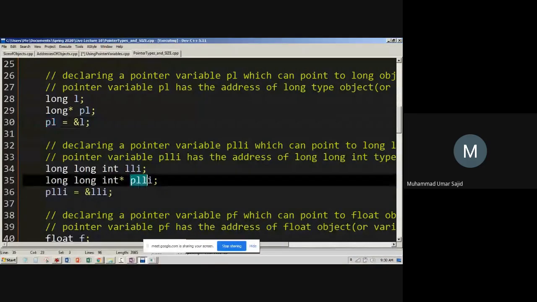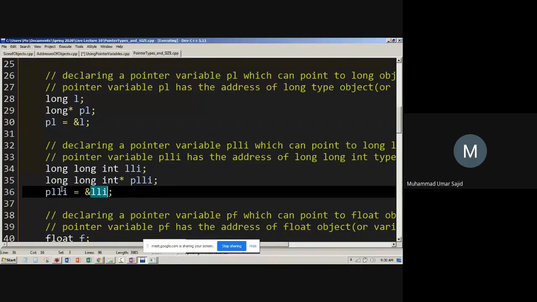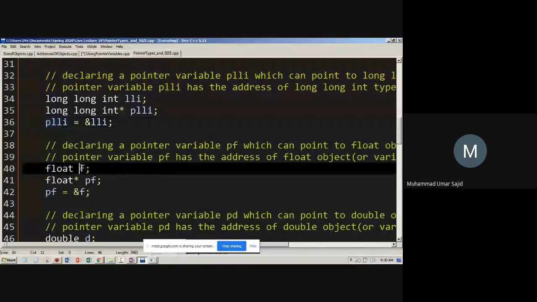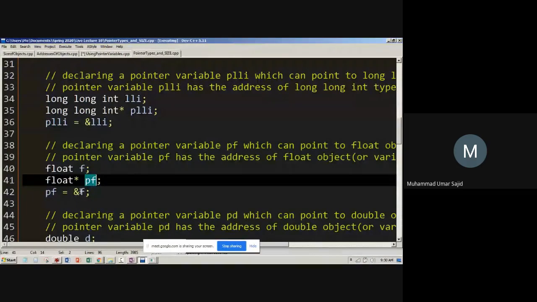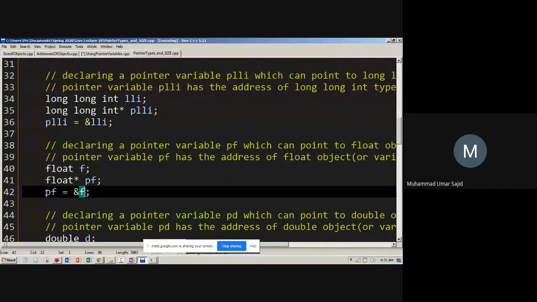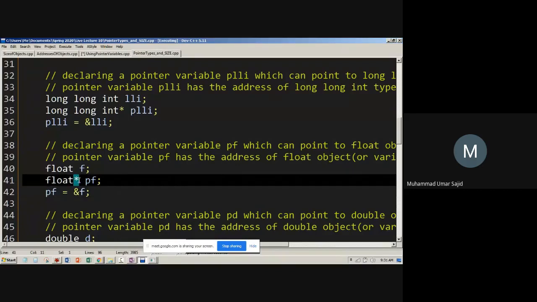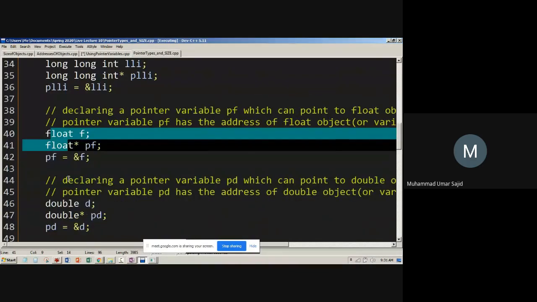I've declared a pointer variable which can point to long integer, SPLLI, and I've stored the address of LLI in this. Same thing, I've declared a pointer variable PF which stores the address of F here. How do I know I'm declaring a pointer variable? I'm using star here. Watch out, the types must match. Okay, I've declared a pointer variable